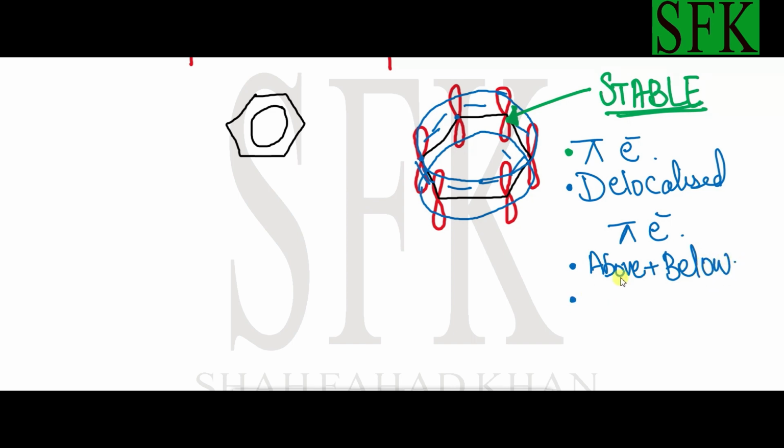And these delocalized pi electrons give extra stability to benzene, due to which it is very inert towards both the bromine water test and the KMnO4 test, which is usually positive with all the other alkenes. Okay,